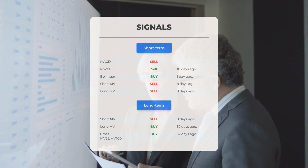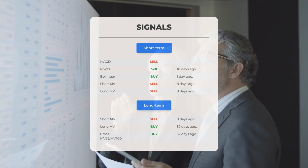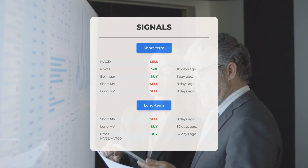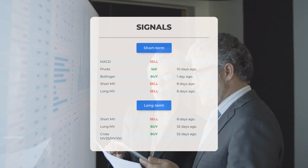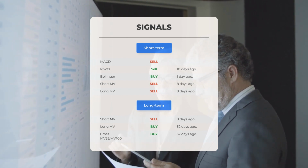Now, let's analyze the 12-month chart and see what it reveals. The short moving average showed a sell signal 8 days ago. However, the long-term moving average gave a buy signal 52 days ago. When we consider the relationship between the short and long moving averages, it also indicates a buy signal 52 days